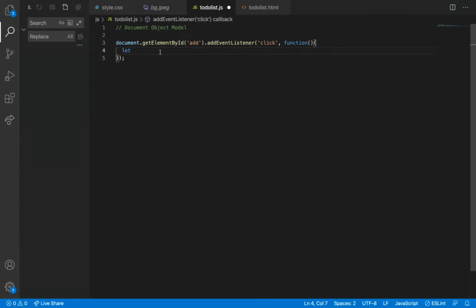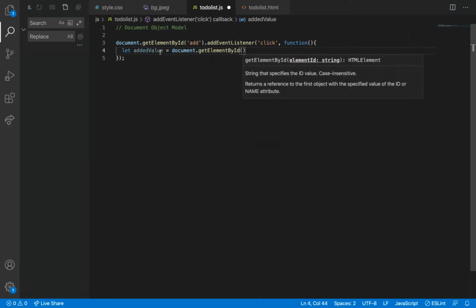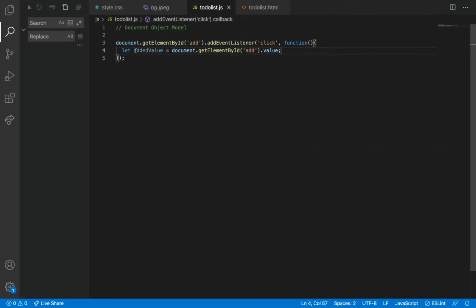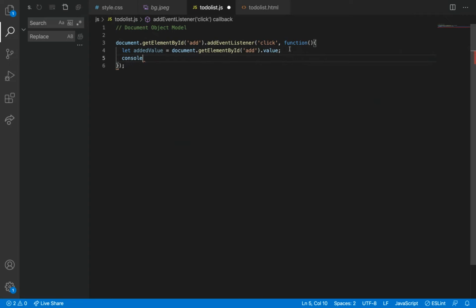So let added value equal to document.getElementById of, the id is add, and then .value. So whenever I'm clicking on it, I'm getting the value out of it, added value.